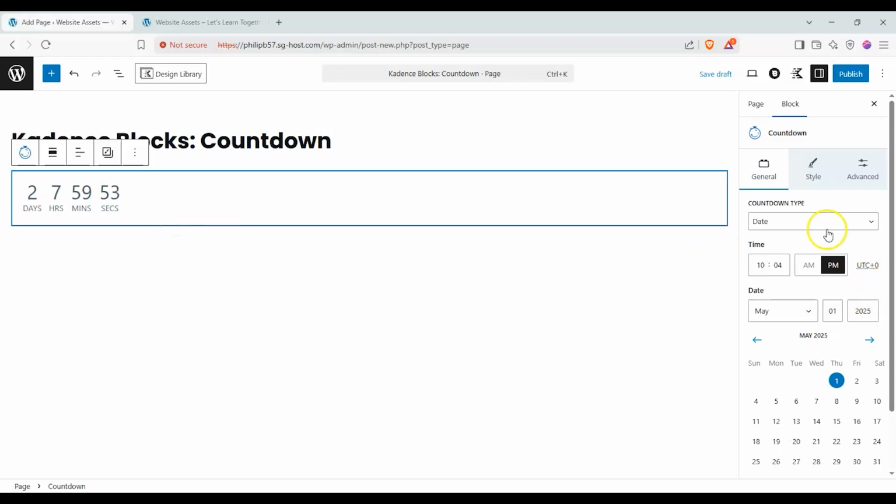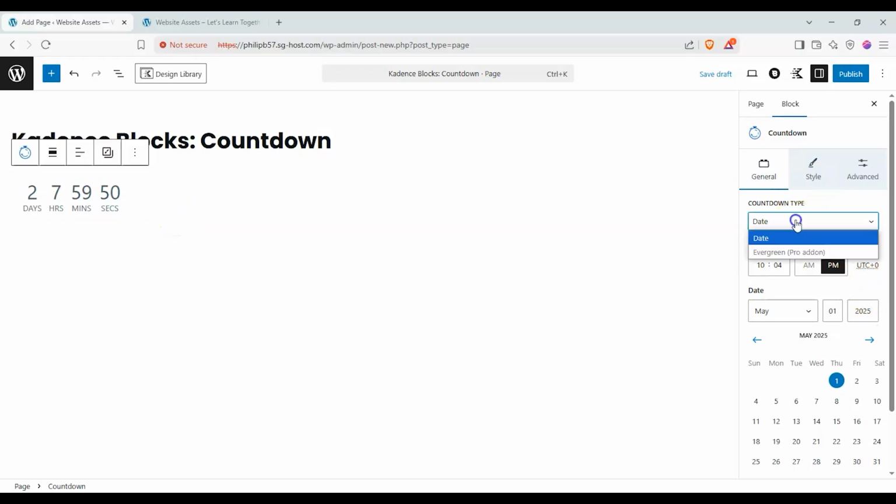Now you can see that we have a few options here. And we have Evergreen, which is a pro add-on, and just the normal date. So let's just play with this. And currently, the time that we set here is the countdown when we want it to end. So we want this to end at